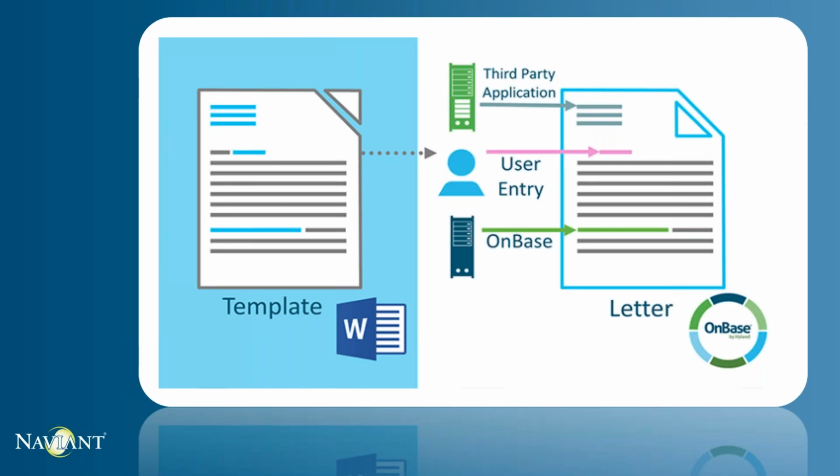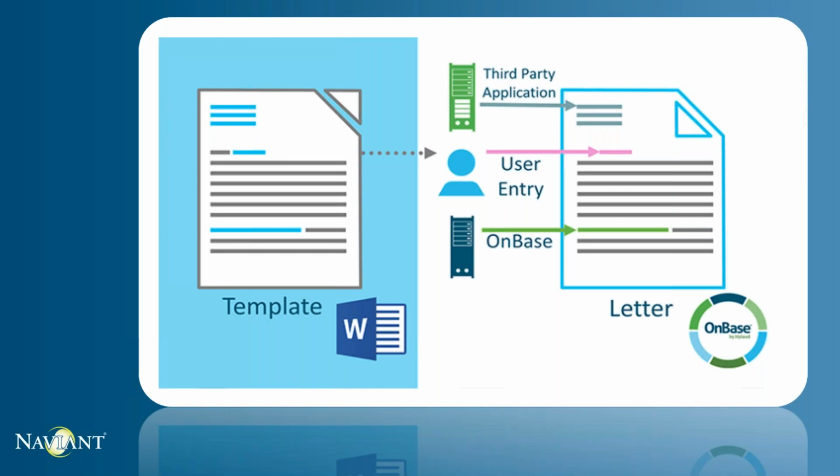So when you have a standardized letter that relays the same material except for some dynamic information or data that's particular to the person receiving the letter, document composition can definitely come in handy. So if we take a look at this screenshot, we have our basic Word document example on the left where the standard information is gray and the dynamic information is highlighted blue. Document composition allows these letters to become personalized as shown on the right-hand side.